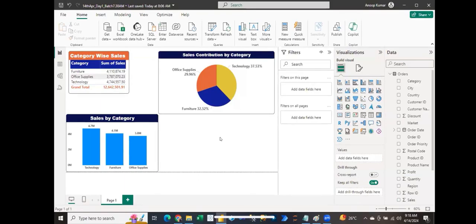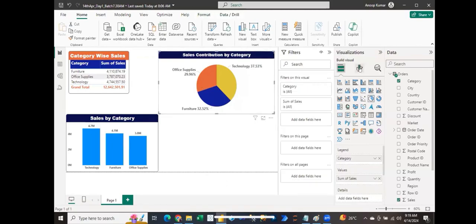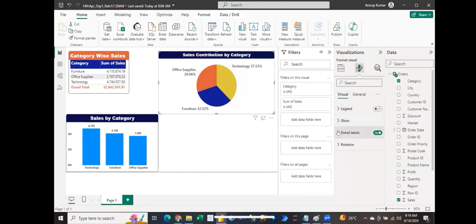For example, if I want the percentages inside the slices and the names to be reflecting outside the slices, is it possible? No, no. The reason being because when you go for this